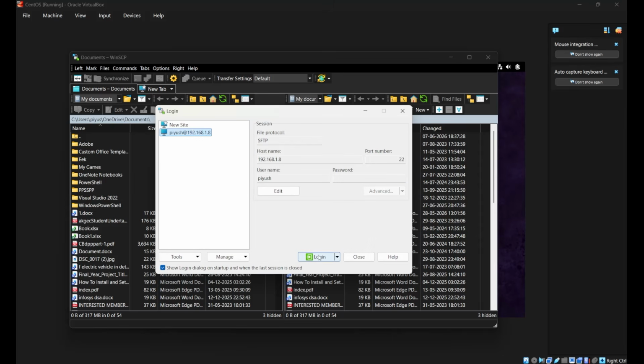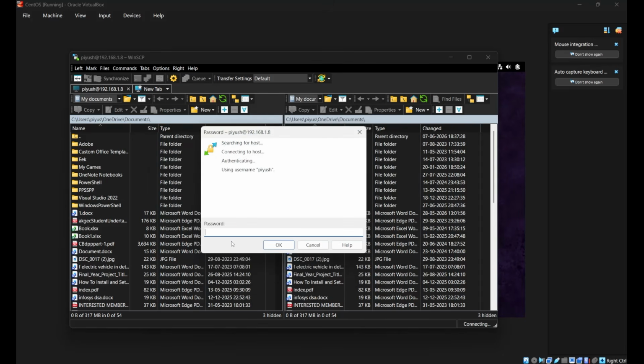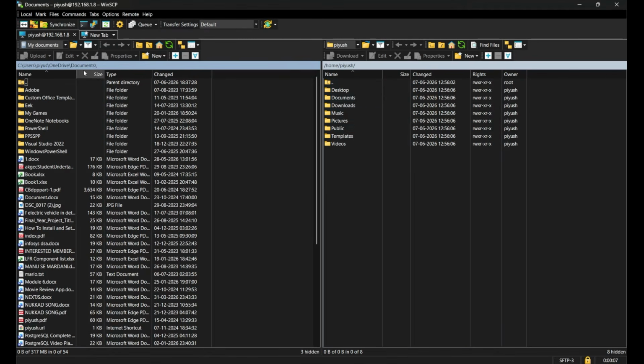Fine. So simply click on login, accept. Again, it is asking for the password. Okay, and done. Now you can see that in this particular window, we are having two parts of